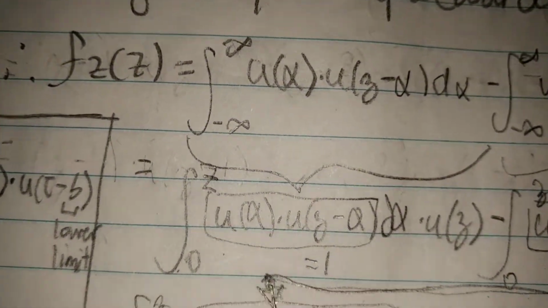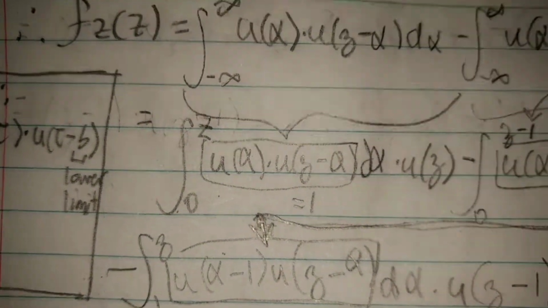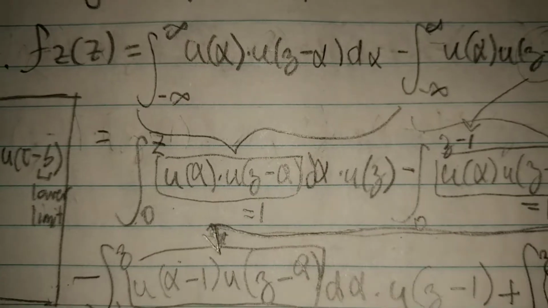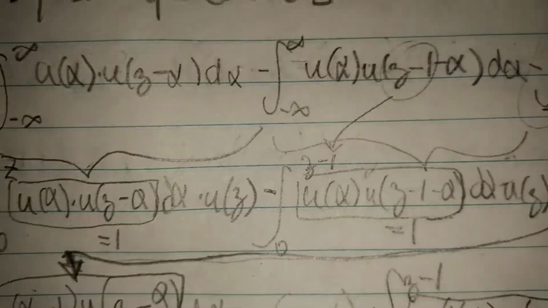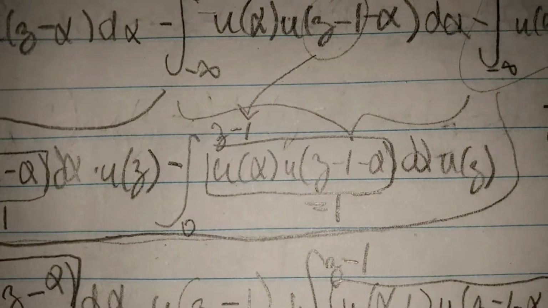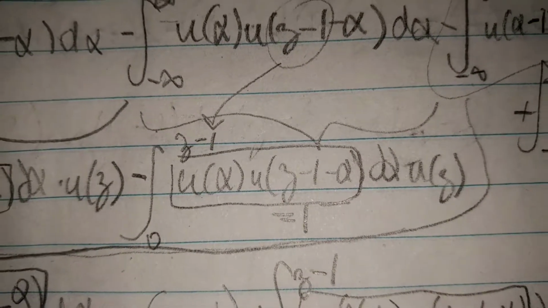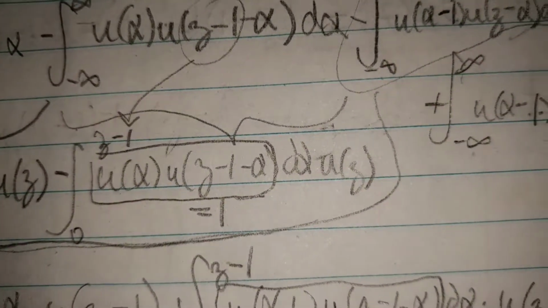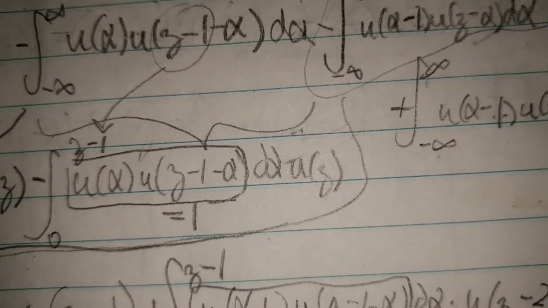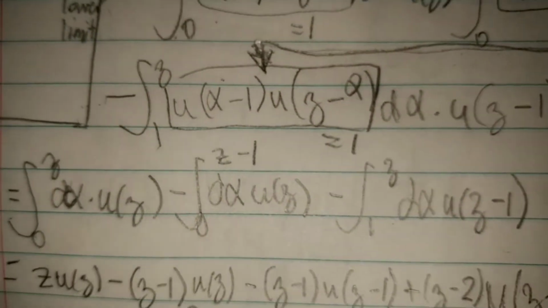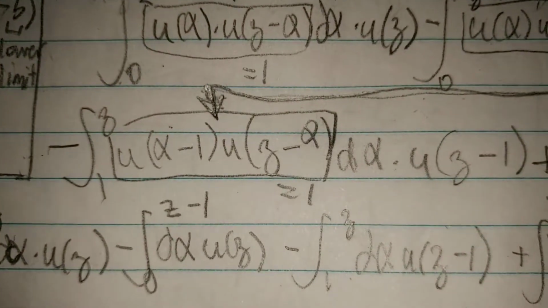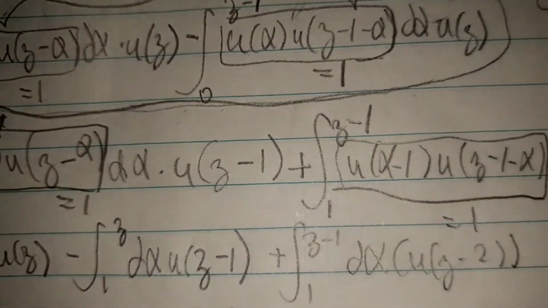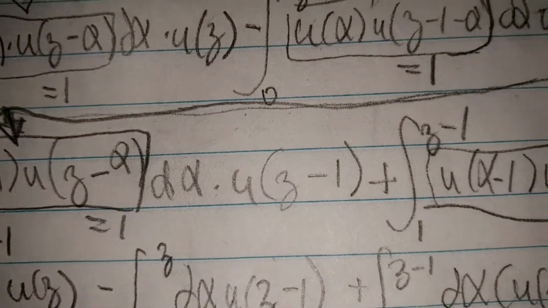So here we have the limits going from 0 to z for u of alpha multiplied by u of z minus alpha, and that there is equal to 1, and then that's multiplied by u of z, minus the integral from 0 to z minus 1 of u of alpha times u of z minus 1 minus alpha, and again that's equal to 1 times u of z, and then minus 1 to z is the upper bound of u of alpha minus 1 times u of z minus 2, which is also equal to 1, but this time this is multiplied by u of z minus 1,